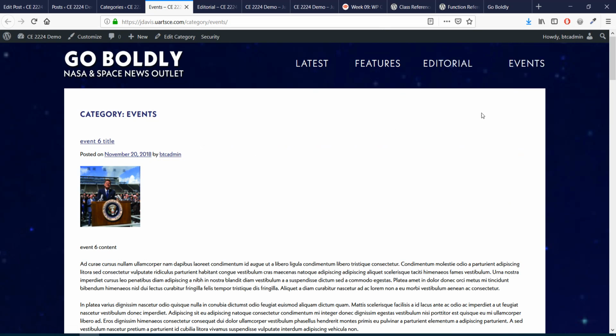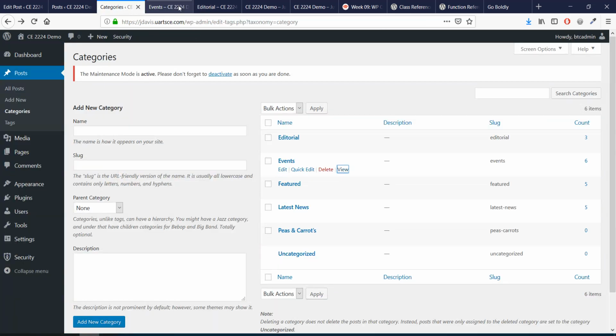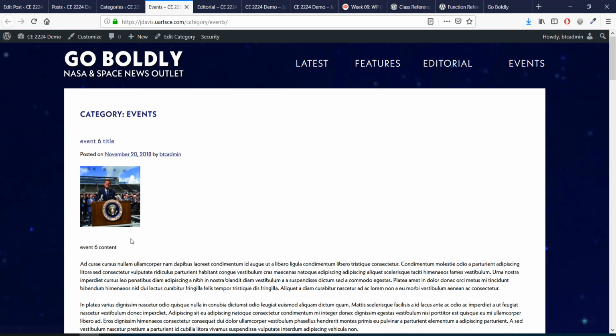So if I click on events, it's going to go to this particular page. And because of the way WordPress sets this up, it kind of already has a page that's going to pull all the posts on it. Now, the next natural question would be, well, that's great, but how do I customize this page? And we can do that. That's going to be under